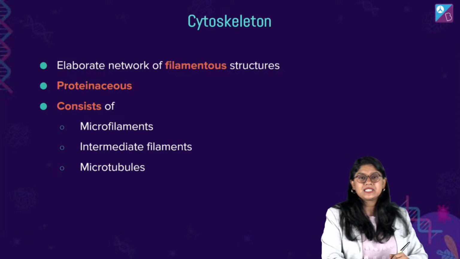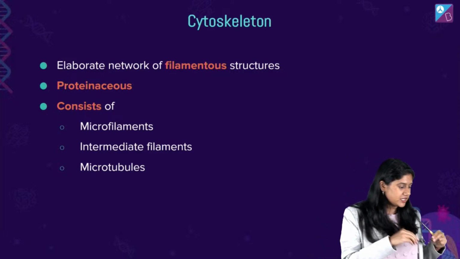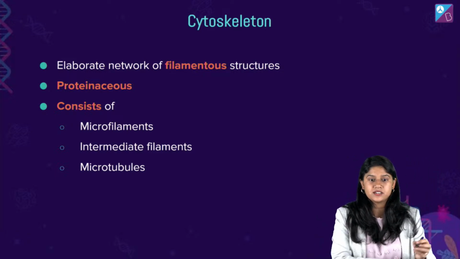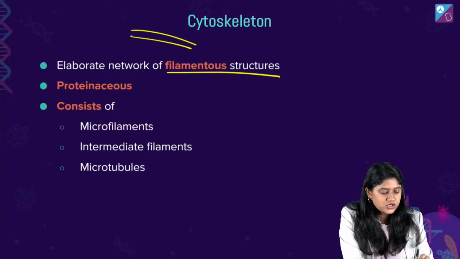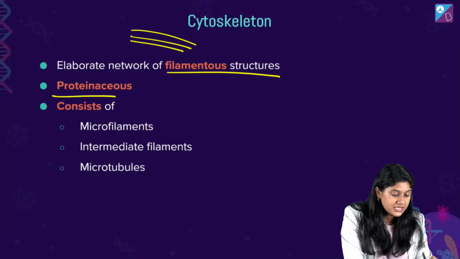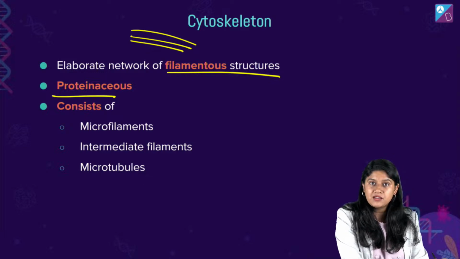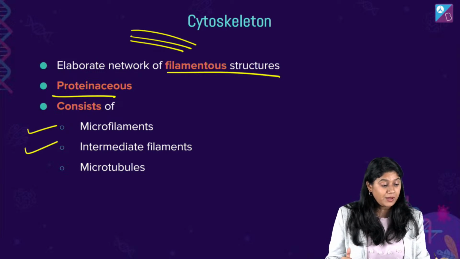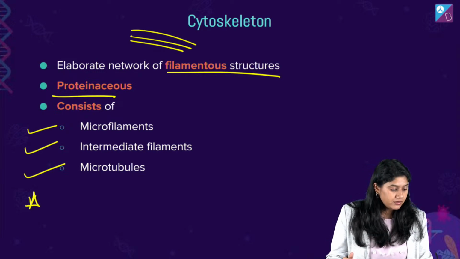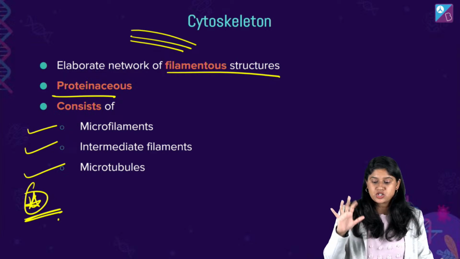चलिए आगे बढ़ते हैं इनके बारे में. तो व्हाट इज साइटोस्केलेटन? एवरीवन, क्या है स्केलेटन? साइटोस्केलेटन क्या है? दे आर दी फिलामेंटस स्ट्रक्चर, थ्रेड लाइक स्ट्रक्चर्स हैं ऐसे, है ना? प्रोटीन्स के होते हैं, कंसिस्ट ऑफ 3 वेरी इंपॉर्टेंट स्ट्रक्चर दैट वी विल बी डिस्कसिंग मोर फर्दर. माइक्रोफिलामेंट, इंटरमीडिएट फिलामेंट एंड माइक्रोट्यूब्यूल्स. हम एनसीईआरटी रीड भी करेंगे तो चिंता की कोई बात नहीं है.